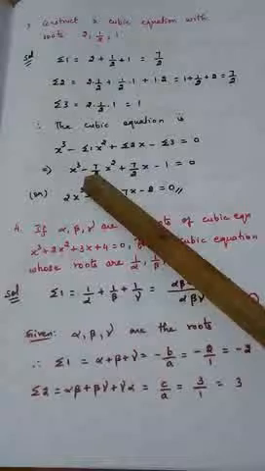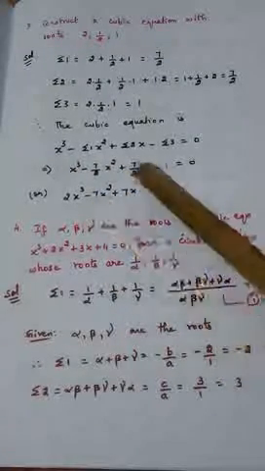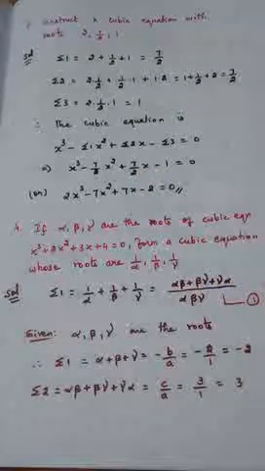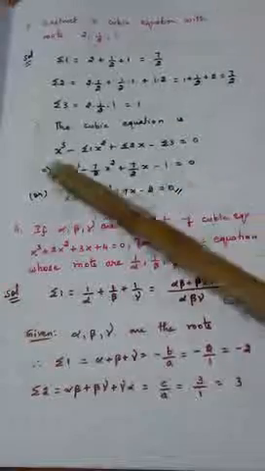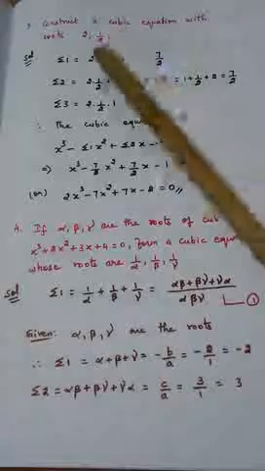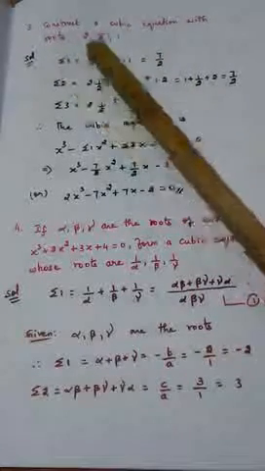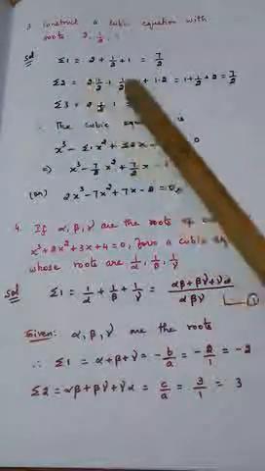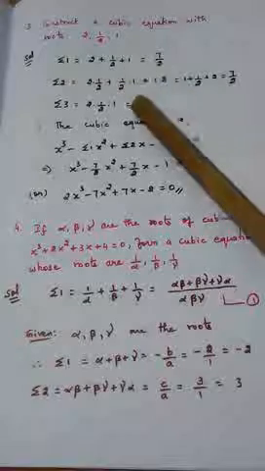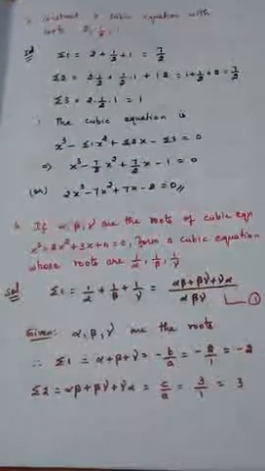Okay. When I take LCM, this will become 2x cube. This will become minus 7x square. This is plus 7x. 2 will go here, so minus 2 is equal to 0. This is the cubic equation whose roots are 2, 1 by 2, 1. Hope you will understand. This is alpha, this is beta, this is gamma. 3 roots were given to us. We are calculating sigma 1 taking 1 at a time, sigma 2 taking 2 at a time, sigma 3 taking 3 at a time. After calculating sigma 1, sigma 2, sigma 3, write this formula, substitute and find out the answer. We will go for the fourth sum.